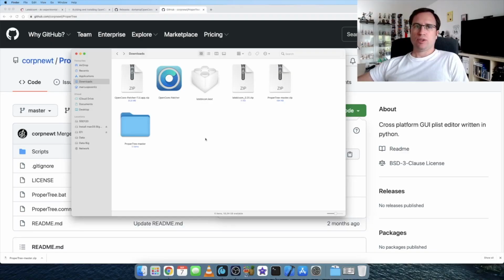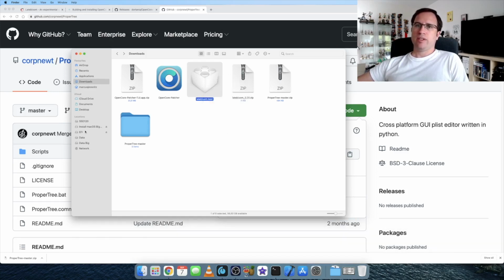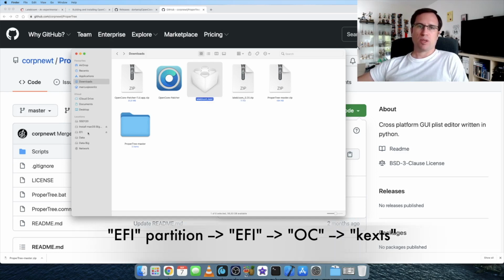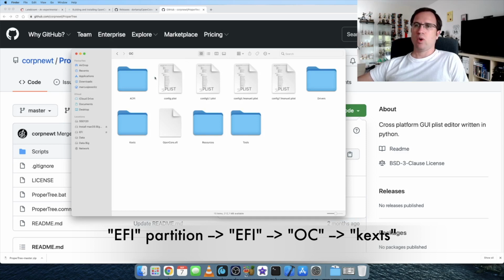Okay, now we want to add the LateBloom Kext to the USB OpenCore config. So we do a right click or a control click on that and we say copy. And then we go here on the left side, you see the EFI partition has shown up because we mounted it. You click on it, then there's the folder EFI, the folder OC for OpenCore, and there you see your config plist and all the other stuff from OpenCore.